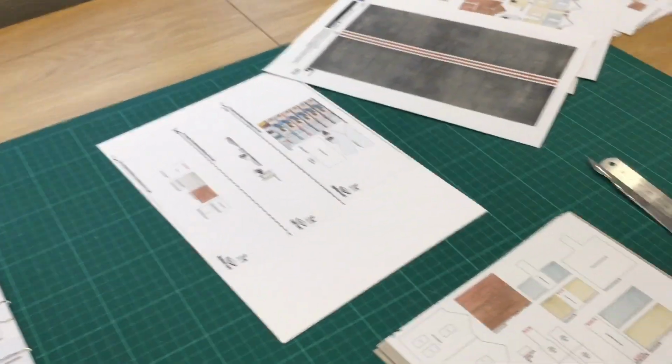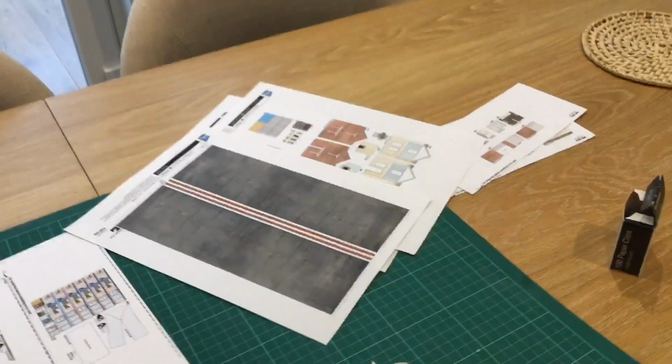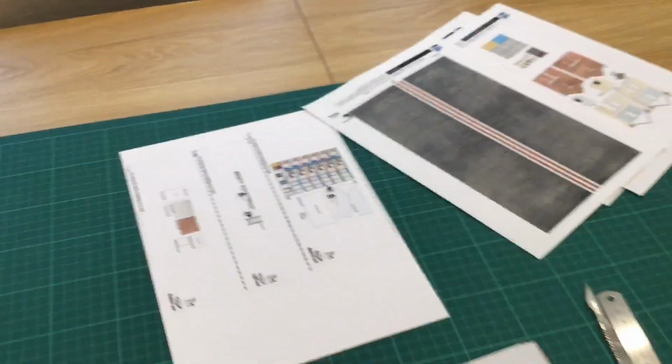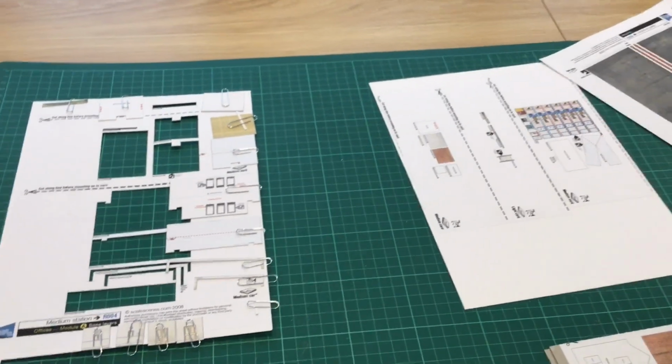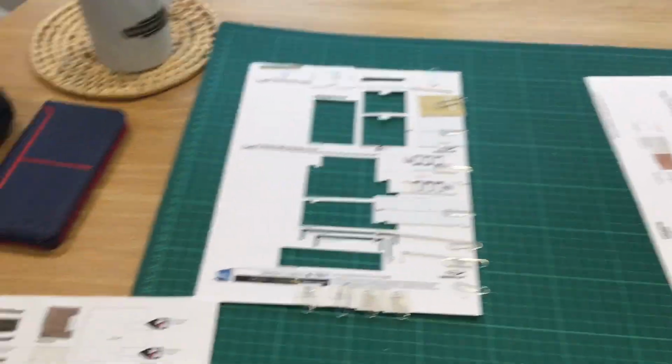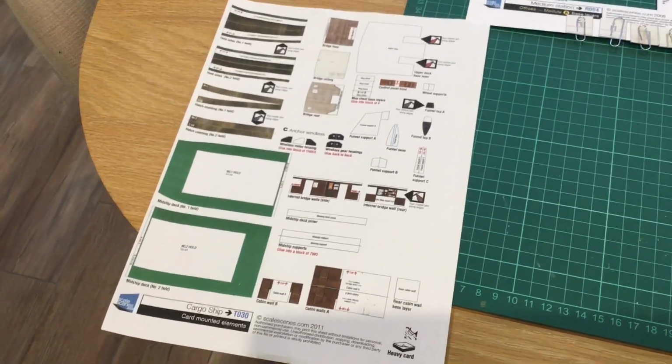Now, I'm just about to start building the medium station from Scale Scenes. Somebody asked me how I go about doing it, and really all I'm going to show you is what I do. Basically, when you've downloaded the kit, once you've bought it, you've got it